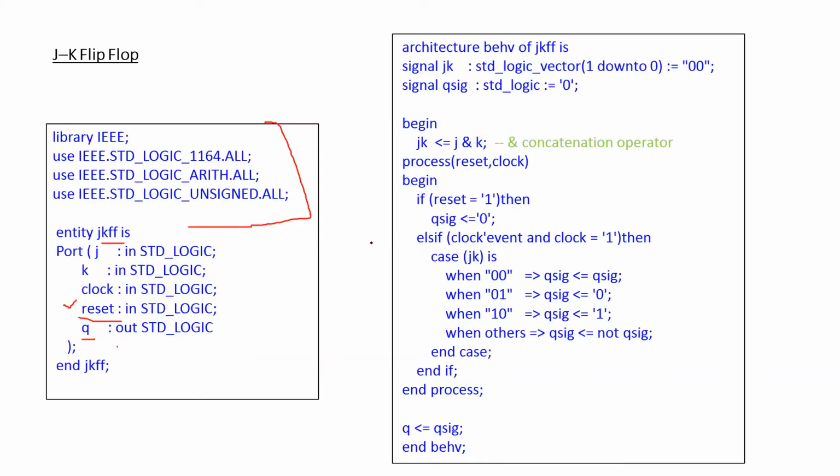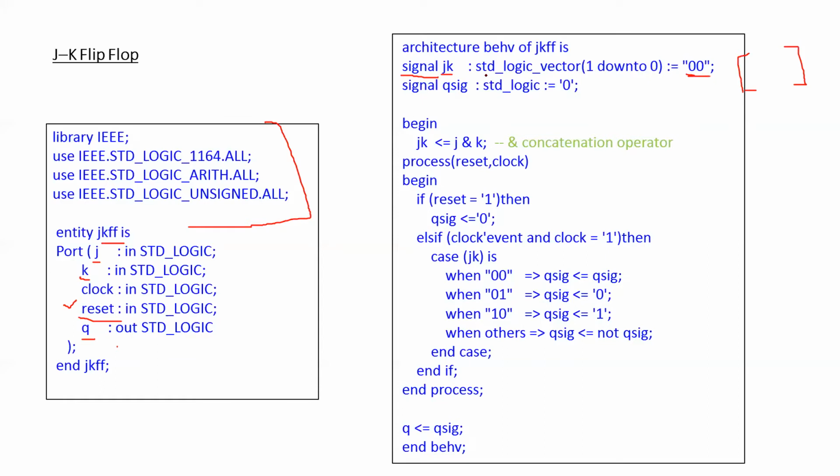Next, I am creating an architecture for a JK flip flop. So you can see first what I have done, I have created a variable as JK. So you don't confuse this particular JK. This JK is representing what? This is an independent variable J, and this is an independent variable K. And here it is combined JK. I have created the variable JK, and I have written over here standard logic vector. So I have created a vector, so you can also see over here, 1 down to 0.